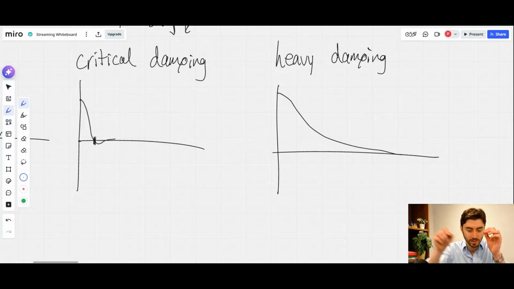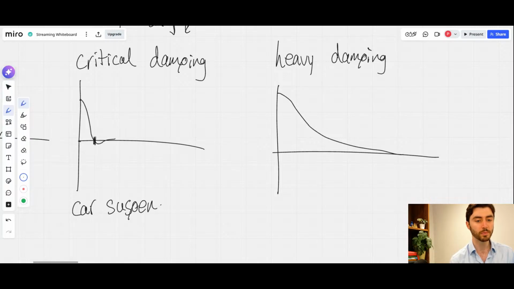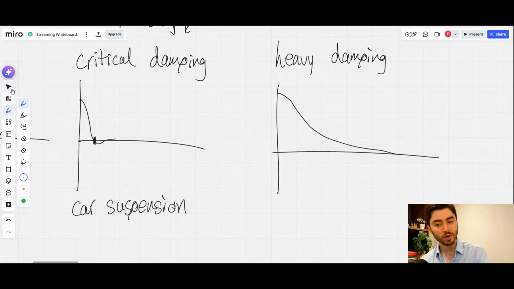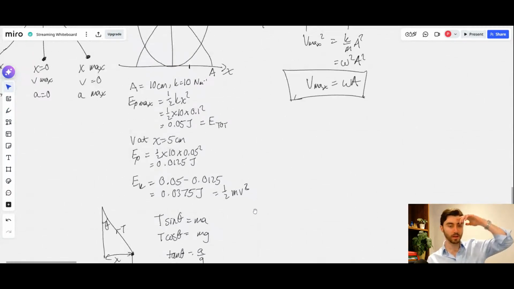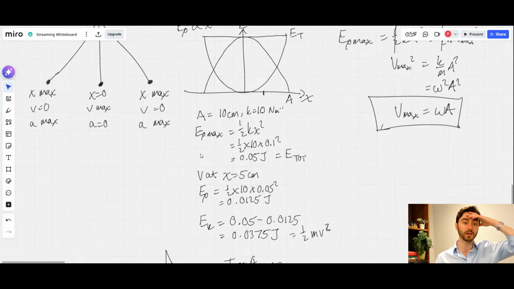The application of critical damping would be, for instance, car suspension, where you want the oscillations to stop as quickly as possible. I will go back because I've just remembered one trap when we're considering simple harmonic motion